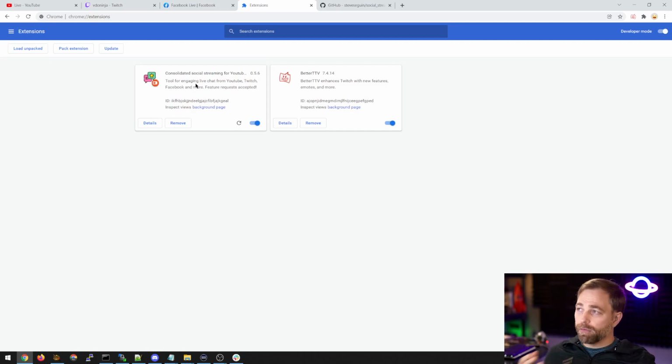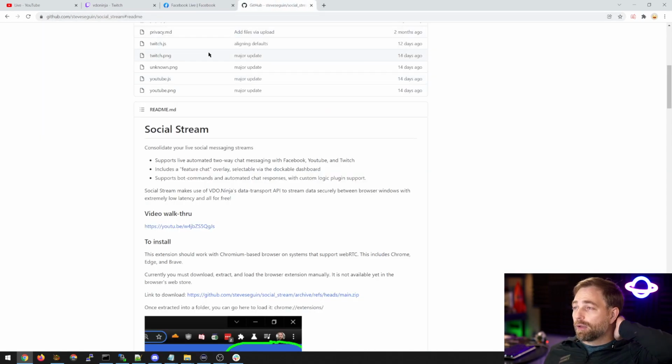Every time you want to get a new version, the way you do it is you just remove it, download it again, reload it, and you're good to go. I may or may not add this to the Chrome Web Store to automatically download. For now, manually download it, and that's the best way to do it for now. So yeah, once that's installed,